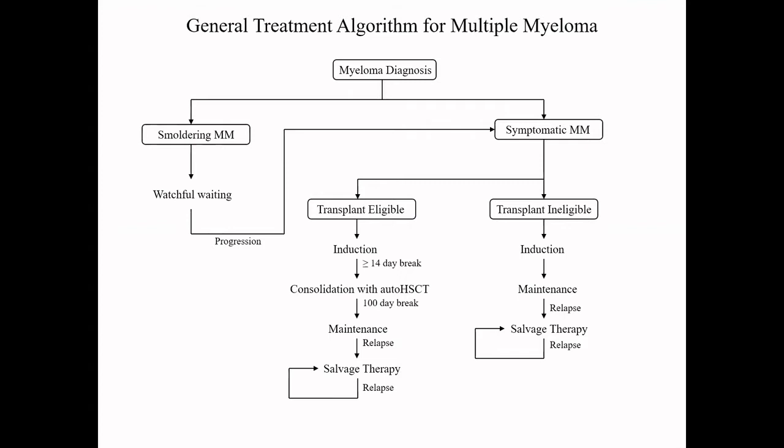So the most popular options are really going to depend on where you live, what's covered by your public plan or your private insurance. It'll depend on what's endorsed by the local cancer agency, which is Cancer Care Ontario in our case. So I've really tried to just identify those regimens or combinations of drugs that are endorsed by Cancer Care Ontario and that are covered by the Government of Ontario, since these tend to be the ones that are